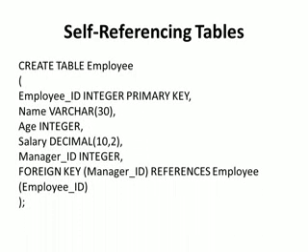Another thing is the self-referencing table. It means that a foreign key can also reference the same table, another attribute. You see here a table, the employee table. Employee ID is the primary key. Name is there, age, salary. Now manager ID is there, an integer value. Now what is the foreign key here? The foreign key is the manager ID, which references the same table, employee, to which attribute? Employee ID. Why? What is the meaning of this?